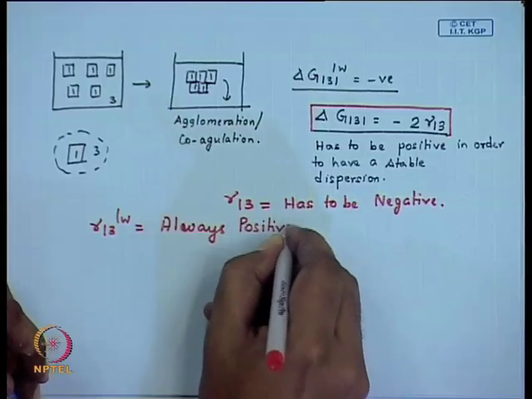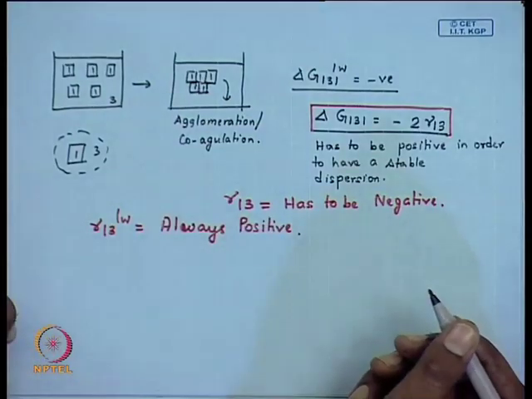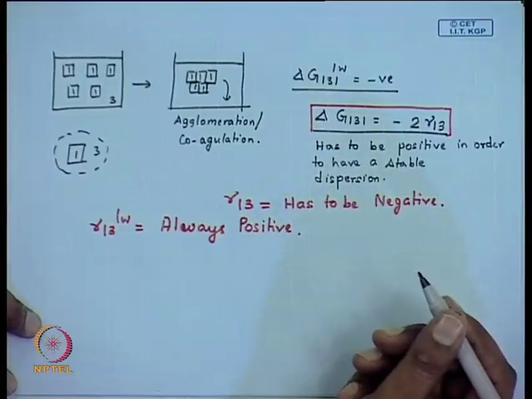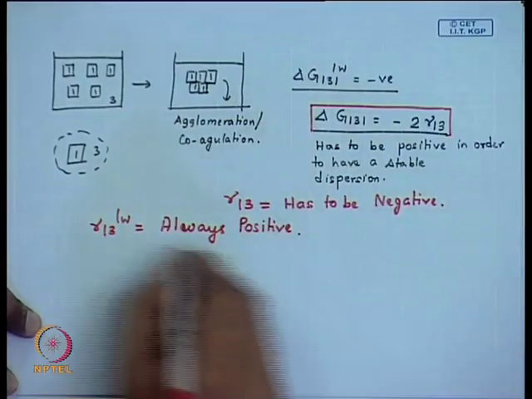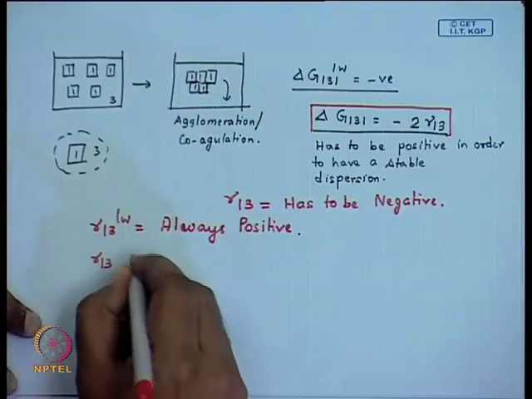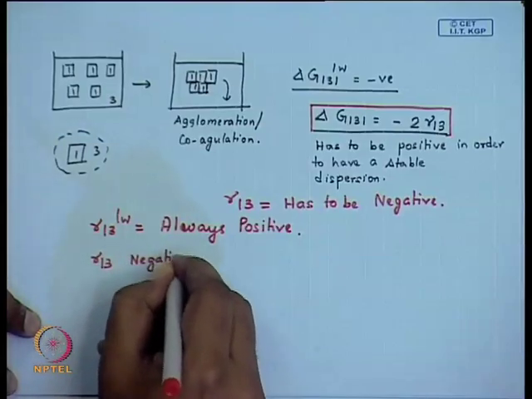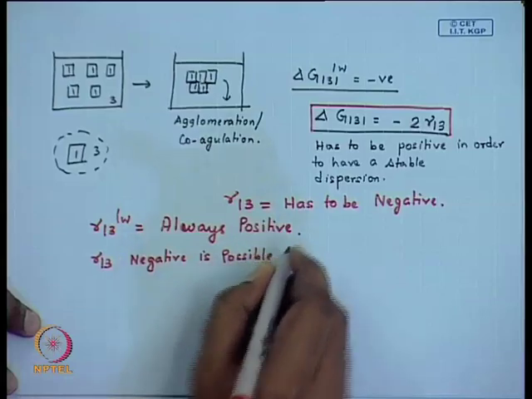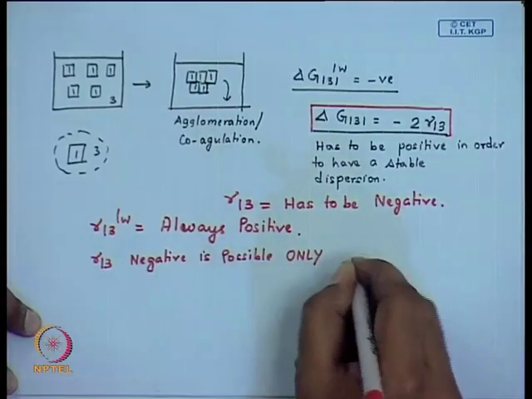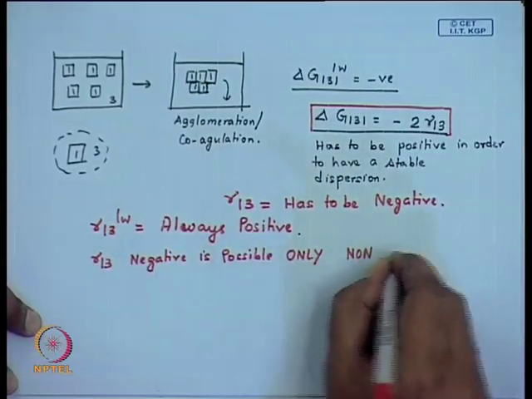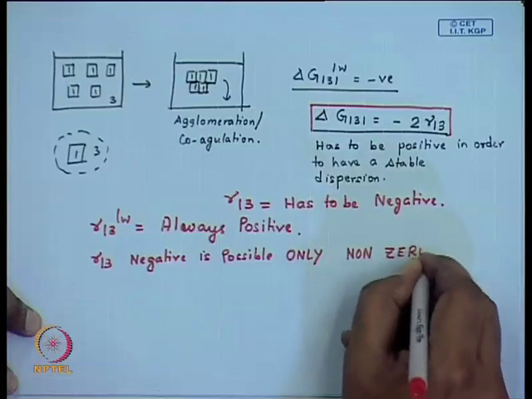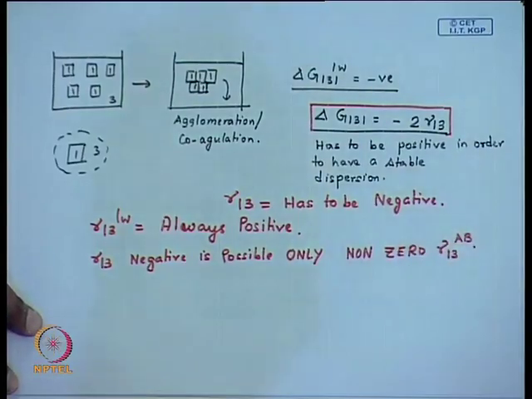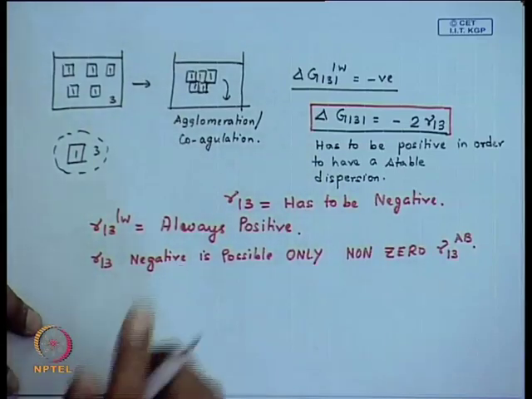So, the key message that emerges is that you can still have gamma 13 to be negative, but that is possible only when you have a non-zero gamma 13 AB, which has to be negative